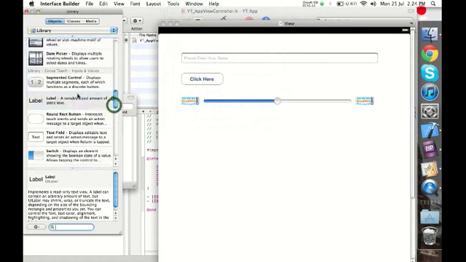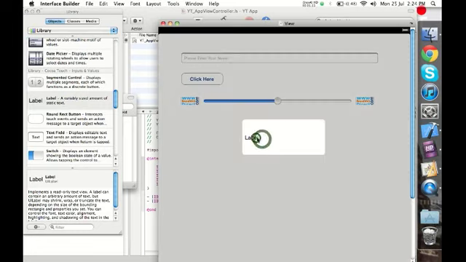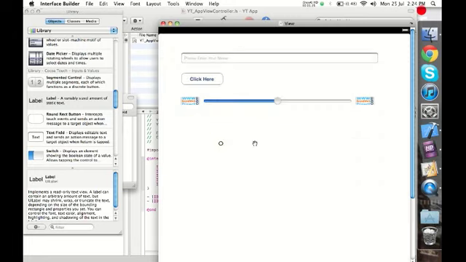and from the library, first thing that we would do is put a label. Now some of you might be thinking, why do we need a label? This is where we show the color. We would basically be showing the color as red or green here. So I'd remove the text,